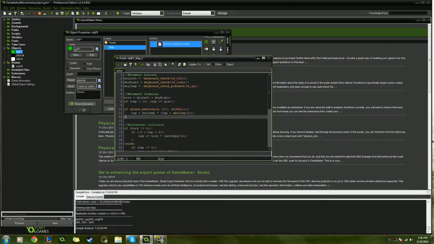So that was originally vsp equals key_jump times jsp, which was our jump speed. But what we're going to do to make how fast we're moving increase the height that we jump, the way we do that is we add